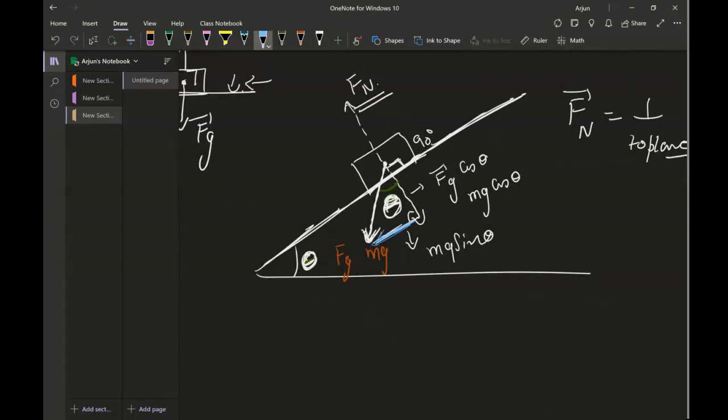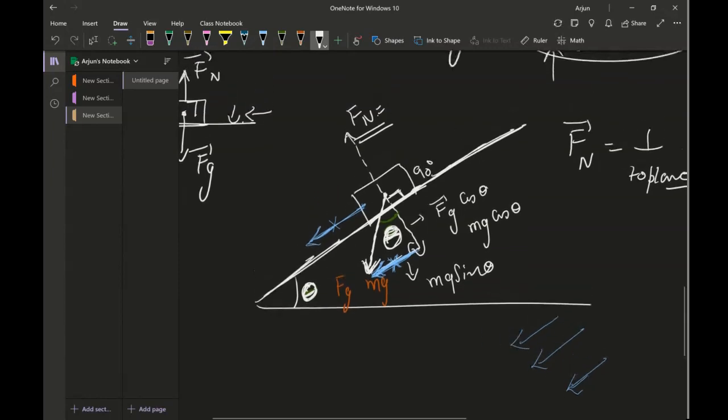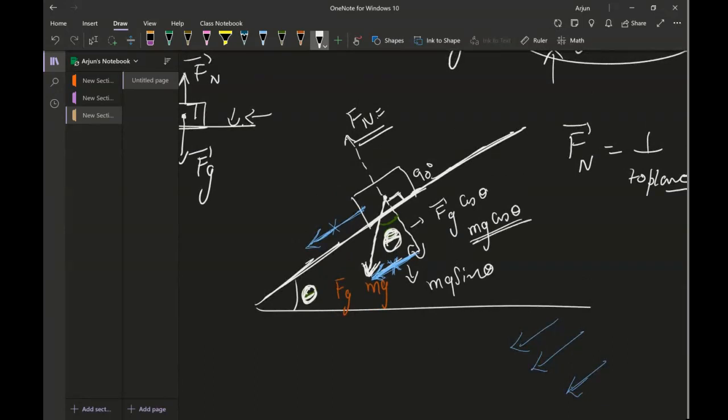So this vector down here is trying to push the object in the downward direction, the blue one I'm talking about. So blue one, I can replace it down here also, or up here, shall I say, because of the collinear property of the vector. So if a vector is represented like this, I can represent it on the plane anywhere else as long as I'm keeping the direction same to the previous vector. So I've changed the vector's position from here to up here. Now, other forces, this Fn, which will be equal to opposite of mg cos theta,